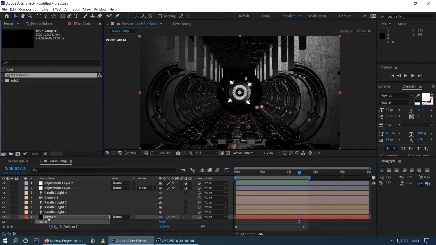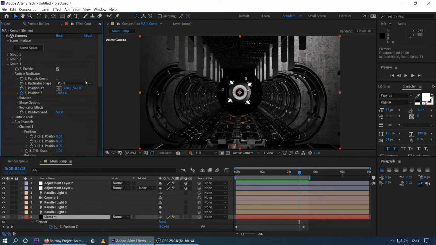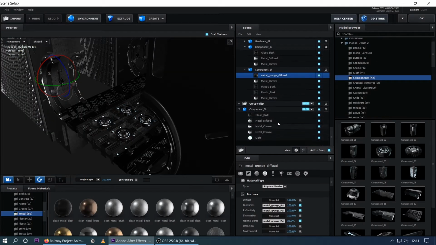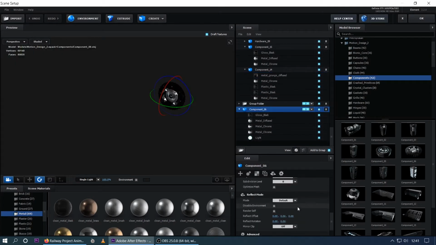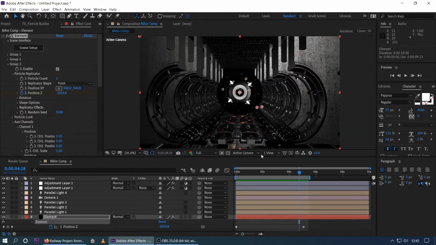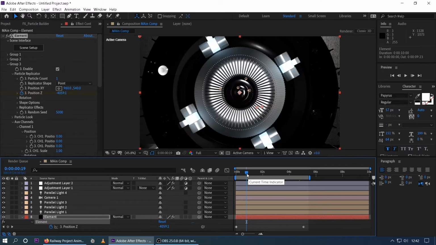one thing more, go to your element layer, okay, and go to scene setup and go for group 3 and select it and come over here and use reflection mode. It's a mirror surface, okay, and render it, okay, and hit okay. So we will have a reflection of our object on this surface, so that's why we use this